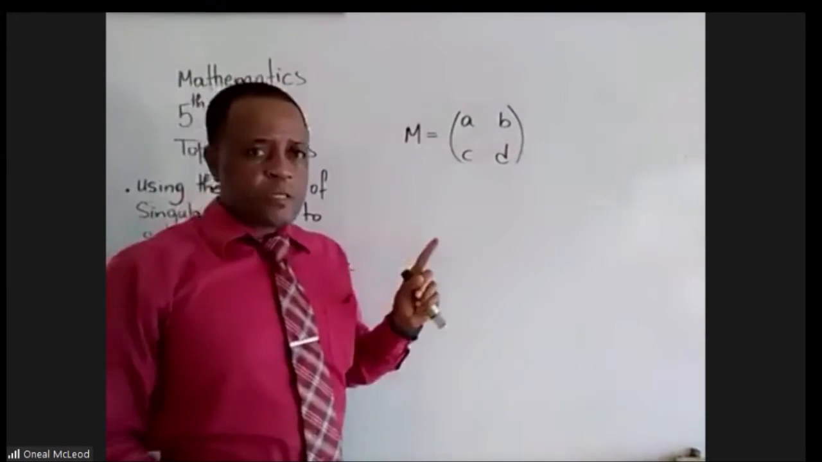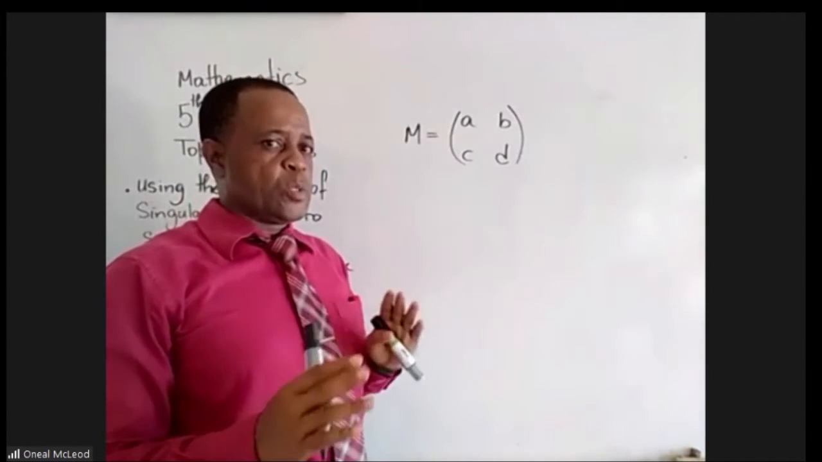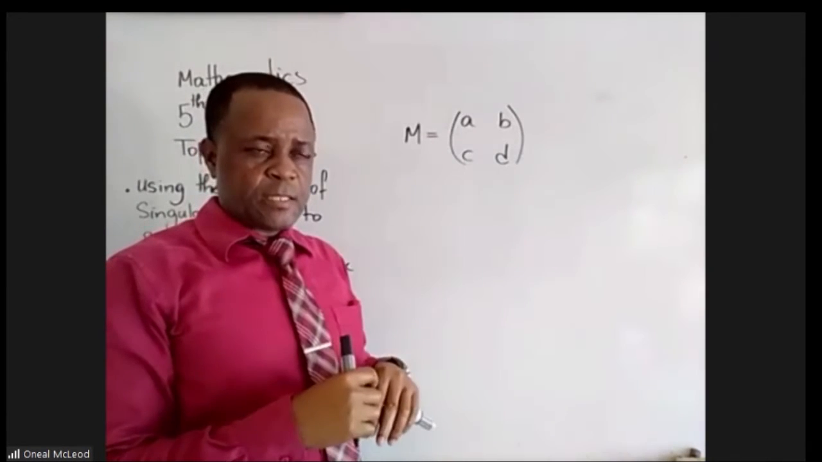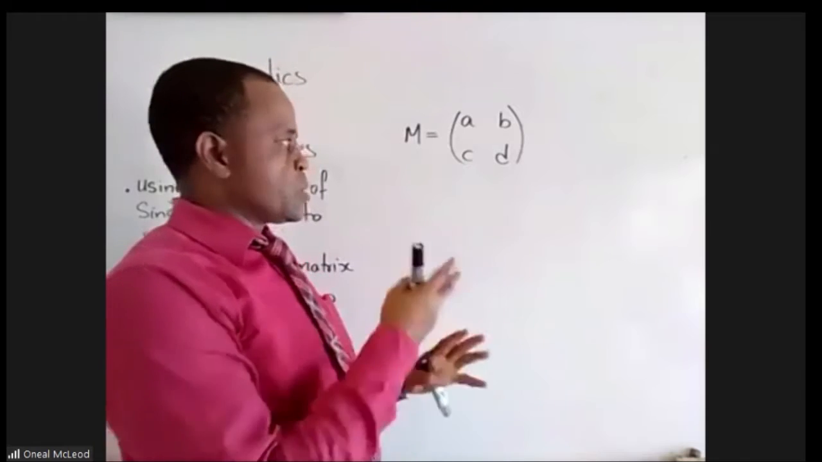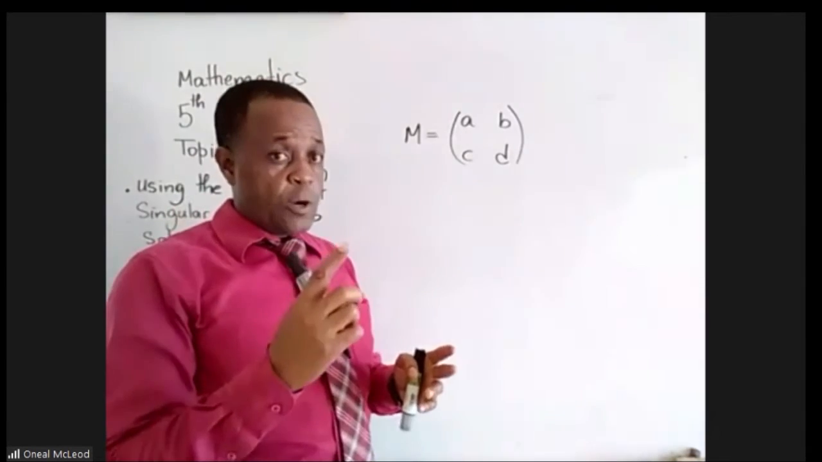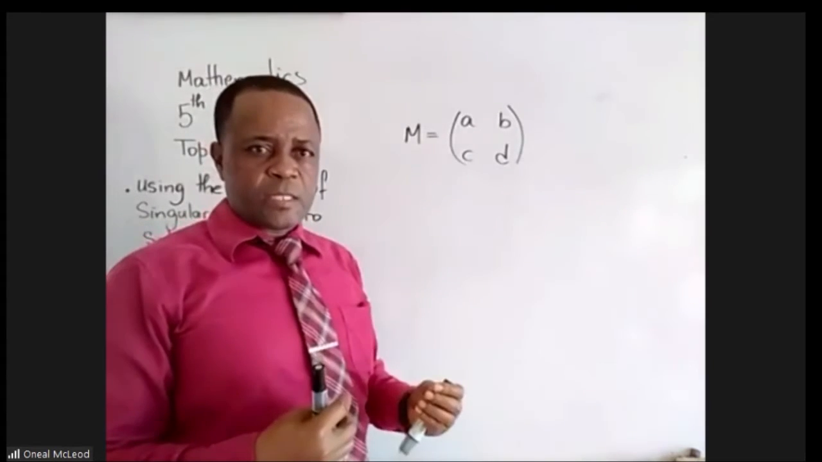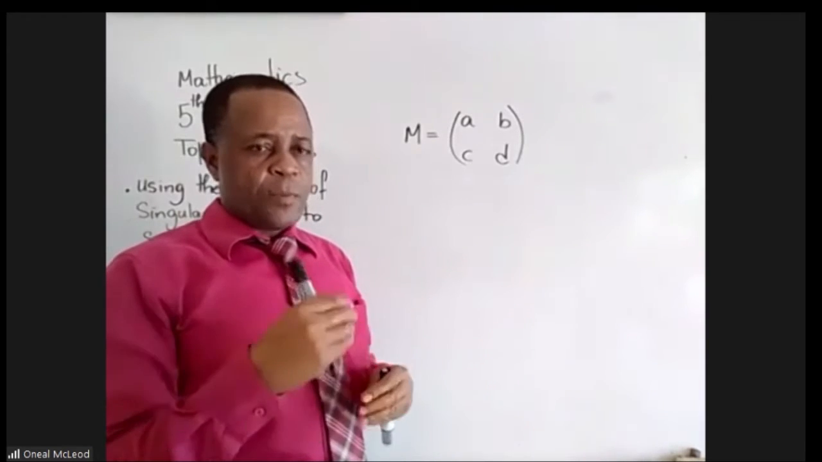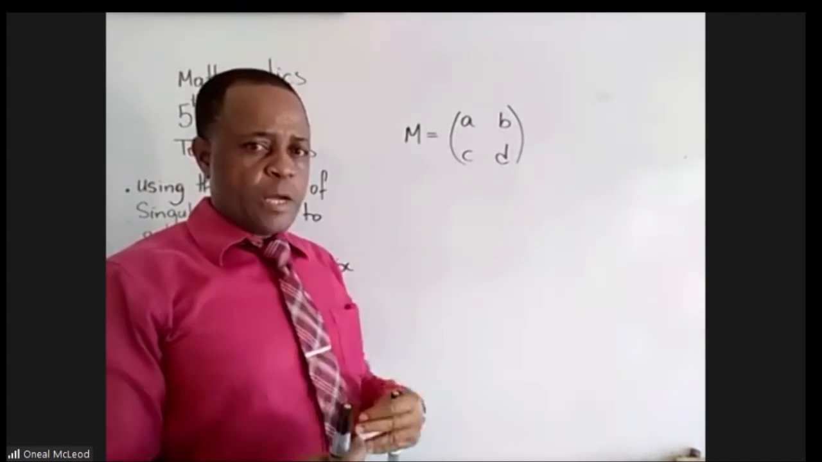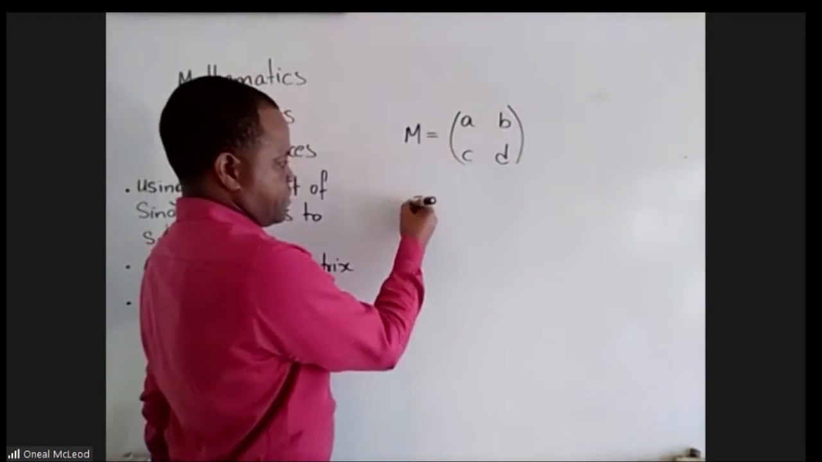Now, in order for us to find the adjoint matrix here, all we need to do is to interchange the leading elements. That's step one. Step two, multiply the non-leading elements by -1. So that's all we need to do. So the adjoint of M